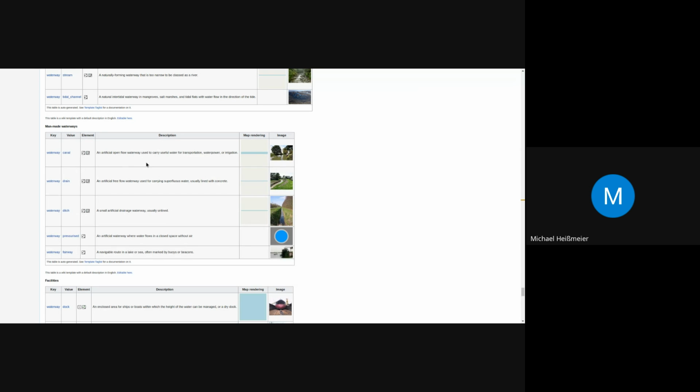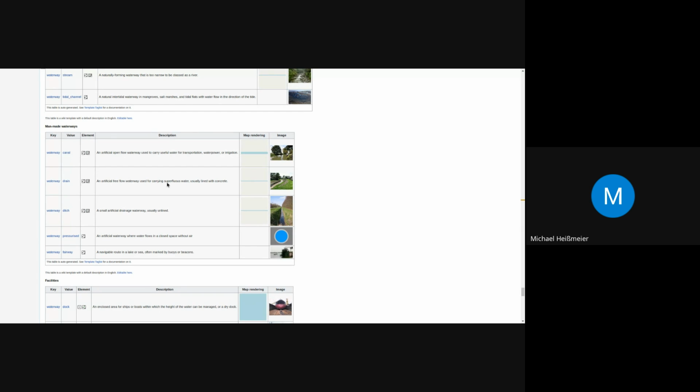A canal is an artificial waterway irrespective of its width. The only thing is, if it just serves the purpose of carrying water away, then it's not a canal, but a drain or a ditch. Even if you are in an area with irrigated agricultural fields, no matter how small that canal is, it is a canal.